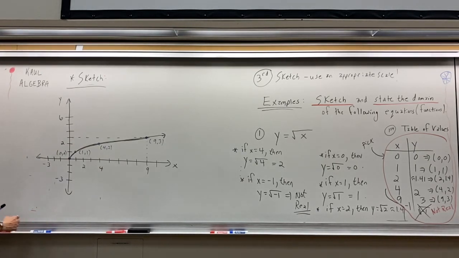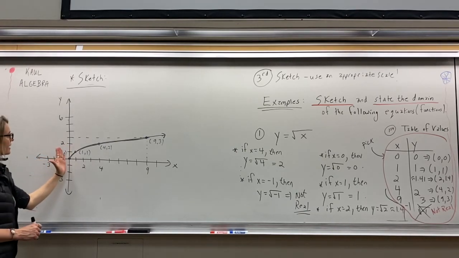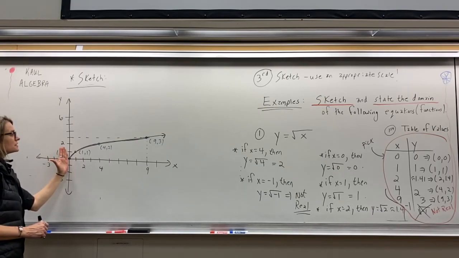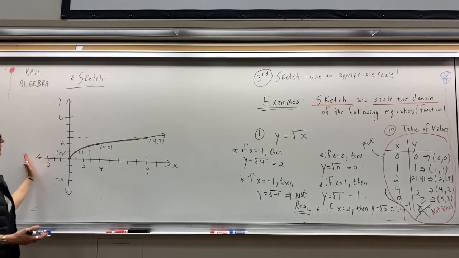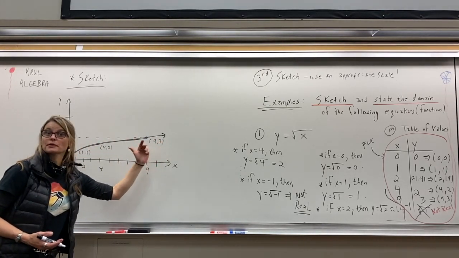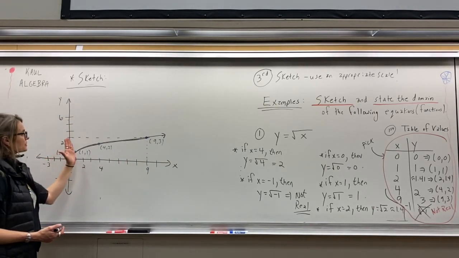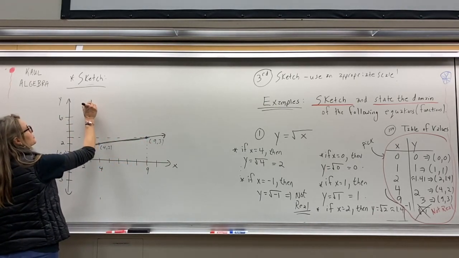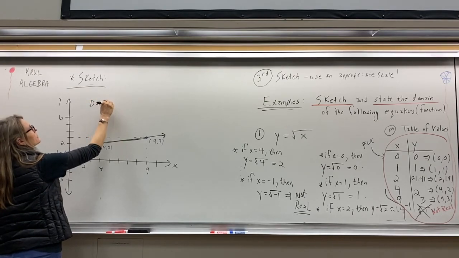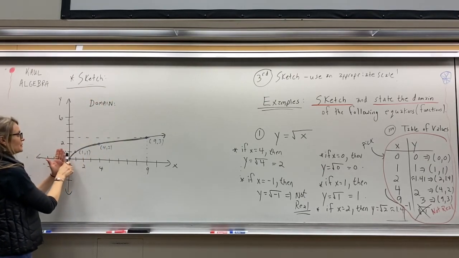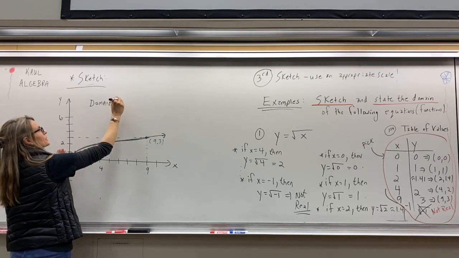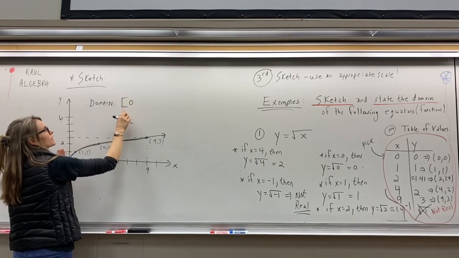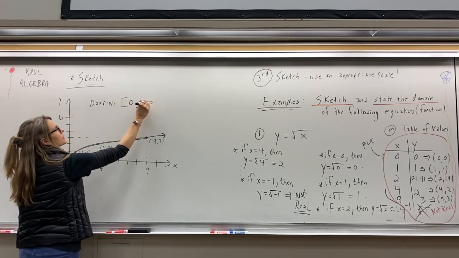In this case right here, what do I have? I have a graph that only has values for x that are 0, including 0 and above. And that's what my domain is. My domain is all the possible x values for this graph or equation, all the possible x values this graph covers from left to right. And my domain, using the correct notation, interval notation, I can say is from the point 0, including the point 0, to infinity, which is never included,